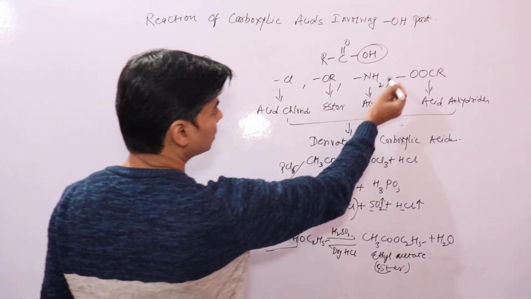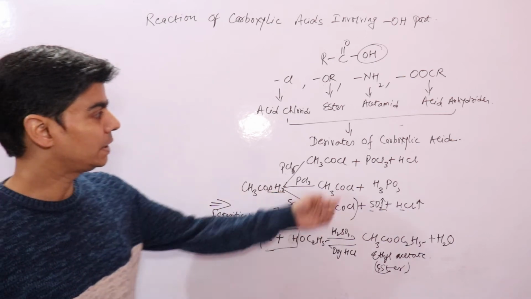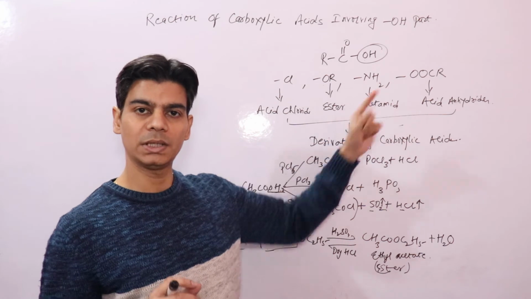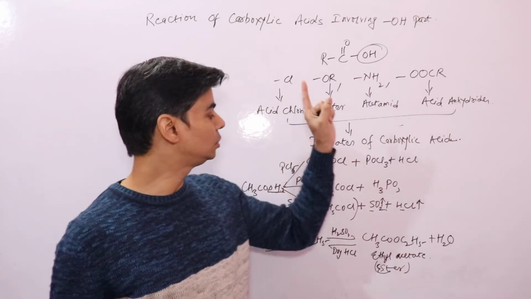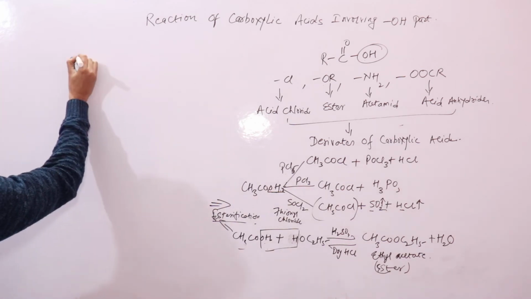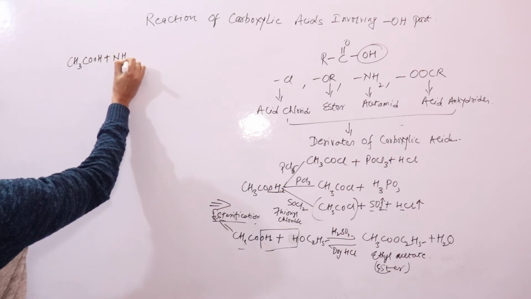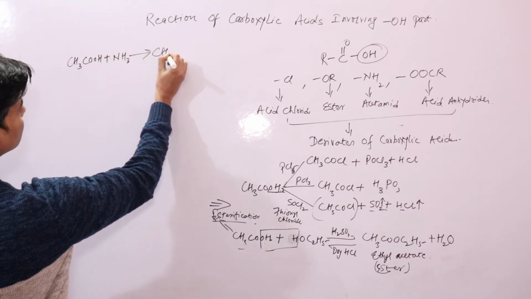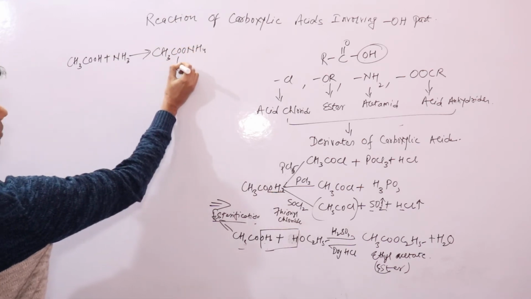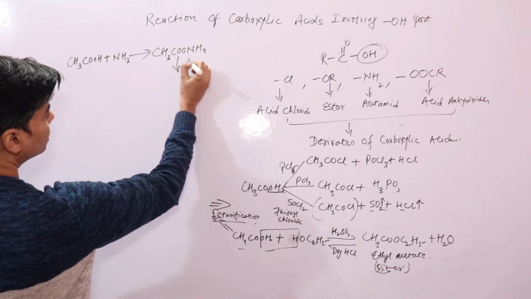Now let's look at the formation of acetamide. Acetamide, that is replacing OH with the amino NH2 group, is done by reacting your acetic acid with ammonia. So if you react it with ammonia, it will form first ammonium acetate, and this ammonium acetate on heating will form